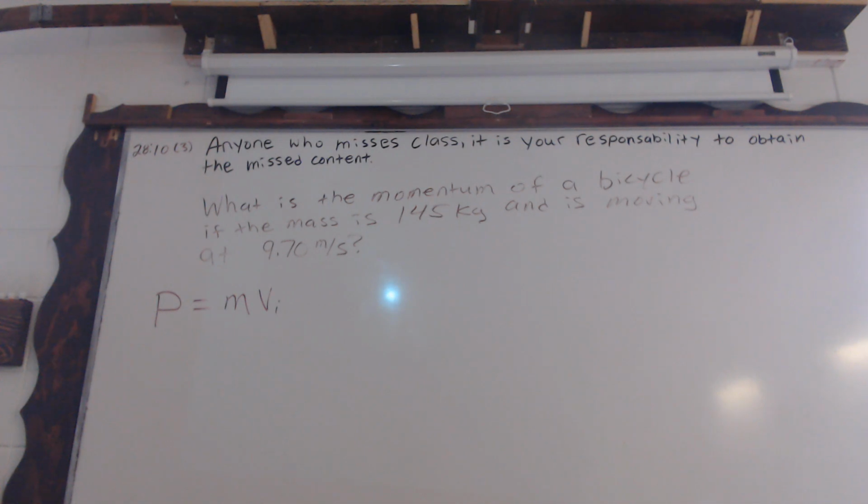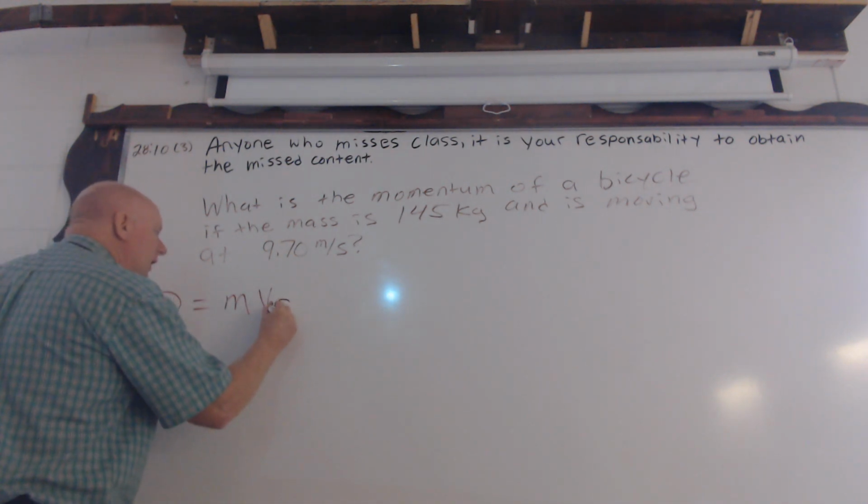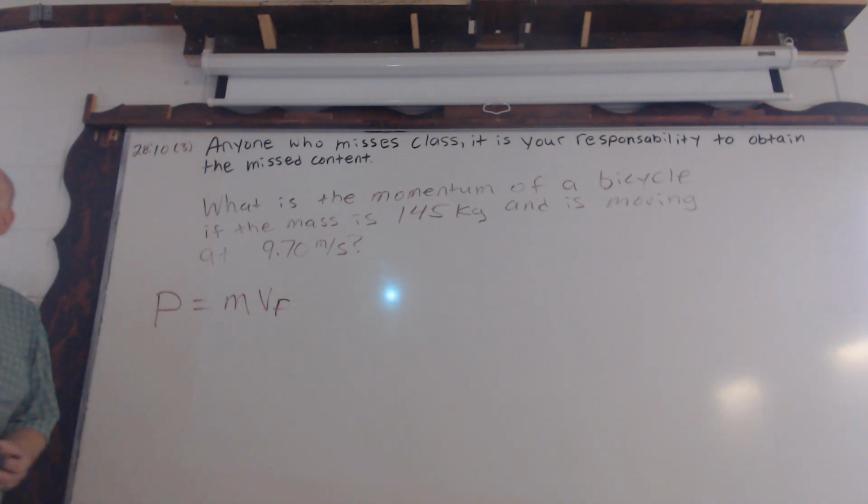And one, it might not be moving, two, might not be moving very fast, but we just attribute this to the final velocity in this equation. Again, you can use whichever variable that you want, just as long as you know what it stands for. Because a little later this semester,